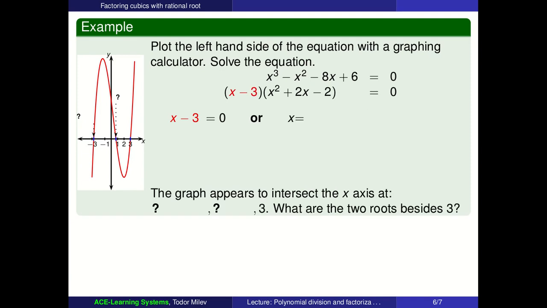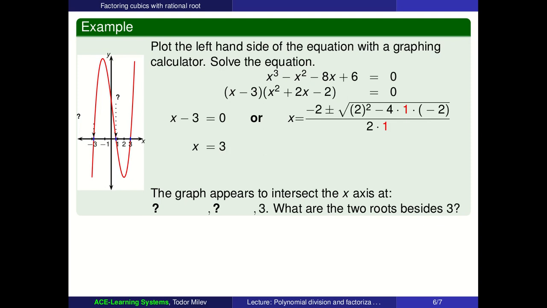So we know from our cubic factorization that either x minus 3 equals 0, that corresponds of course to x equals 3, or that we are getting x from this equation, x squared plus 2x minus 2 equals 0. So either x is equal to 3, we already knew that, we already eyeballed the solution x equals 3, or